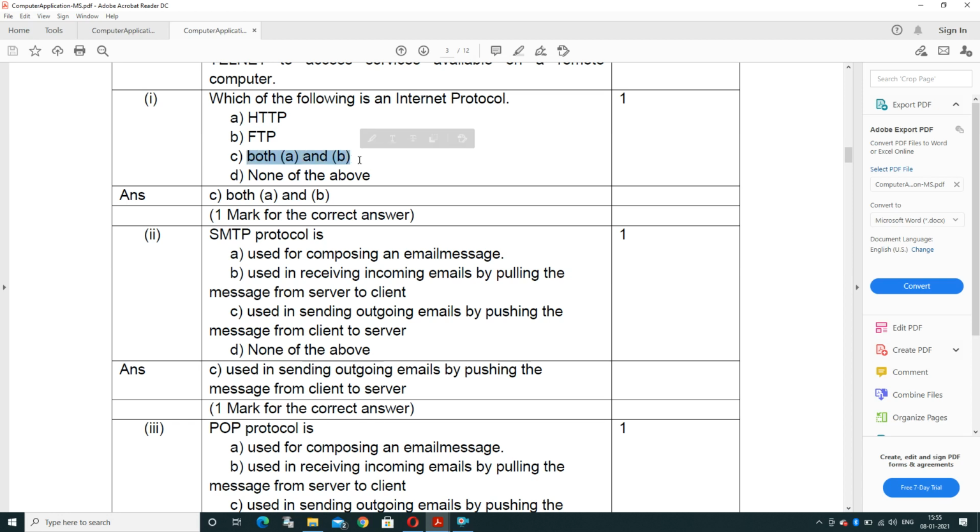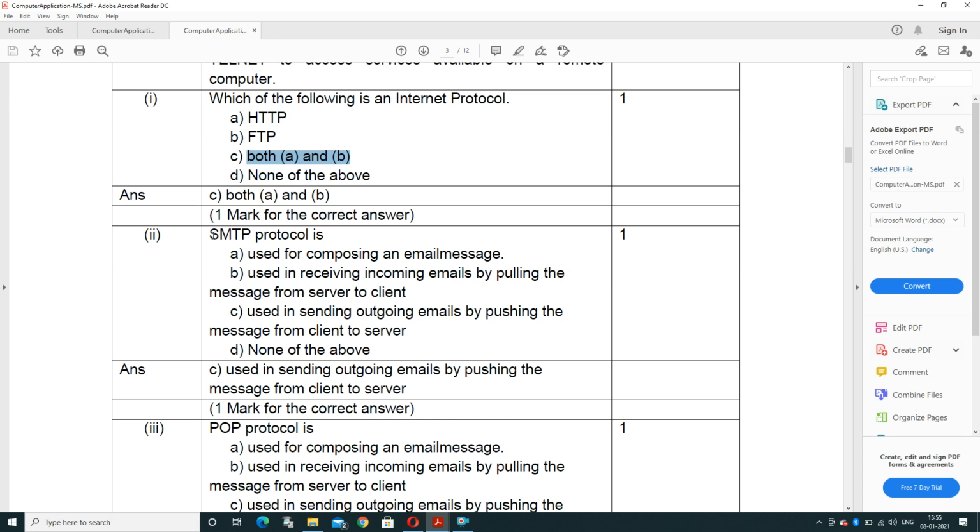Second, SMTP protocol is dash. The options are: used for composing an email message, used in receiving incoming email by pulling the message from server to client, used in sending outgoing email by pushing the message, and none of the above.